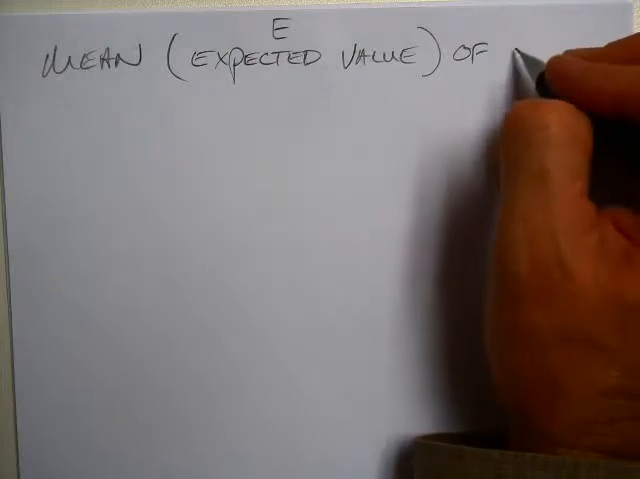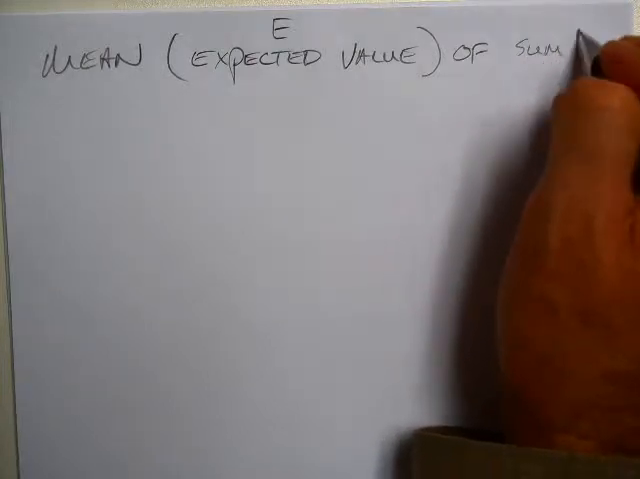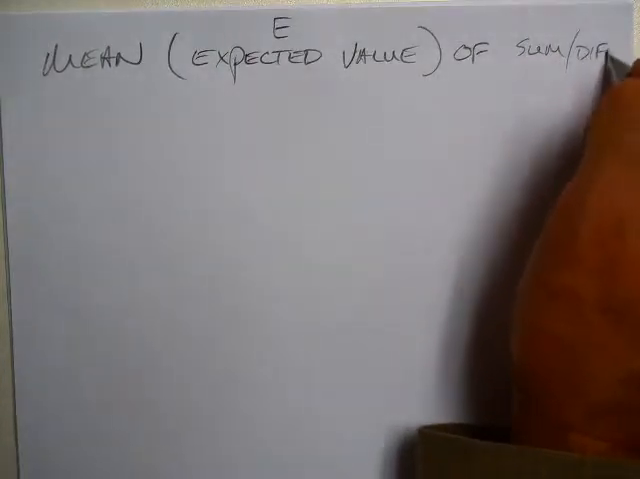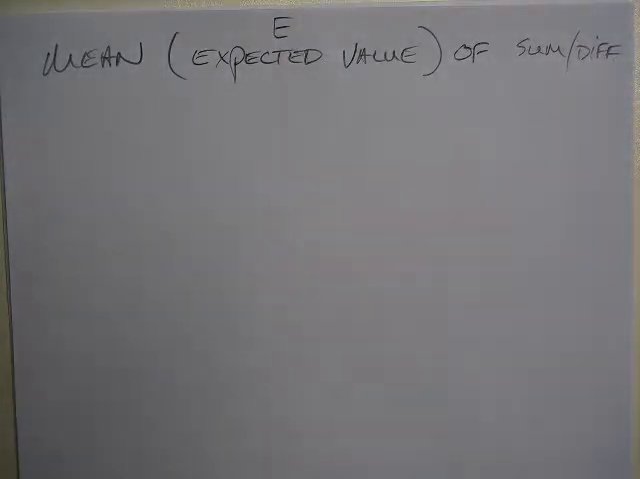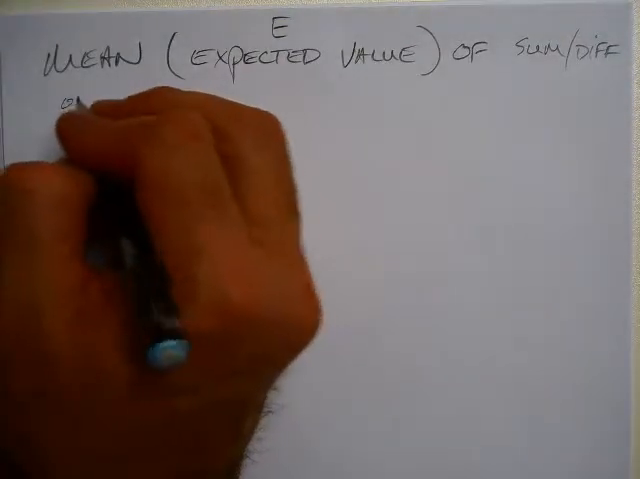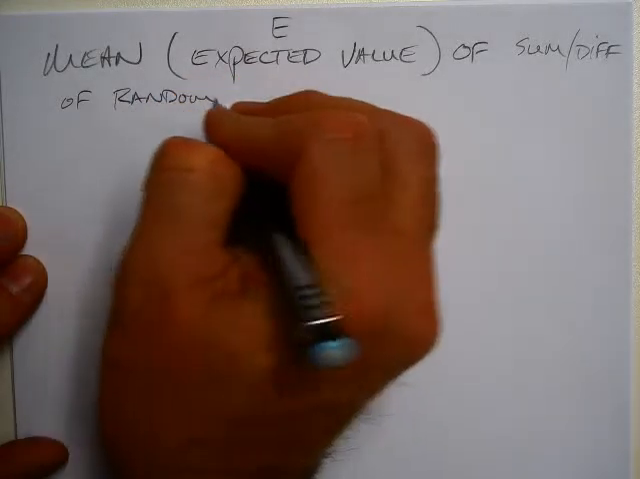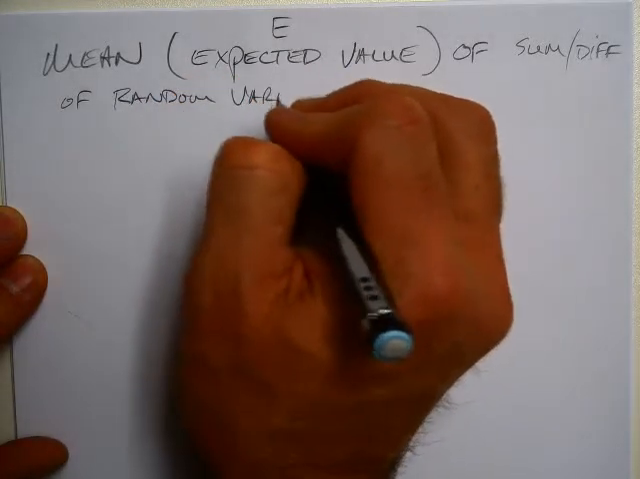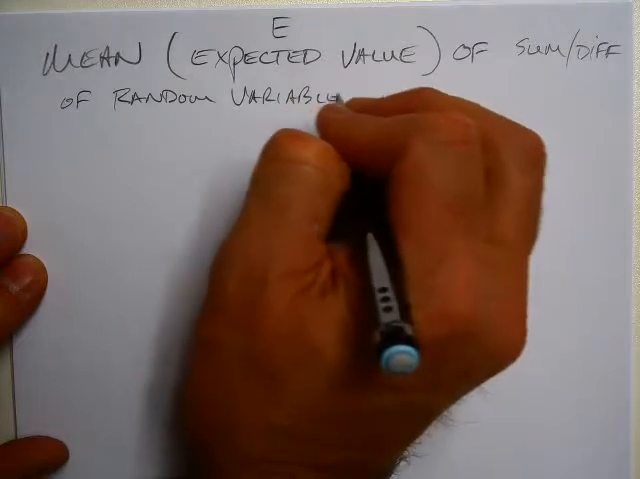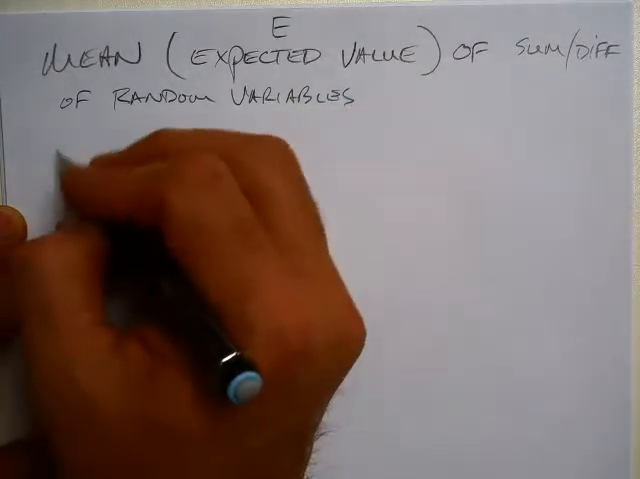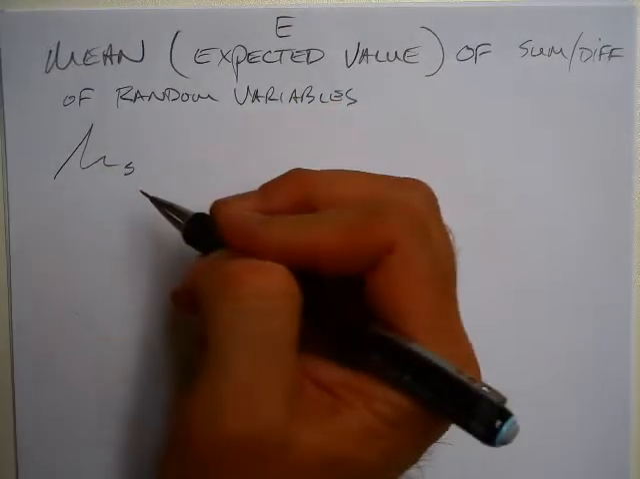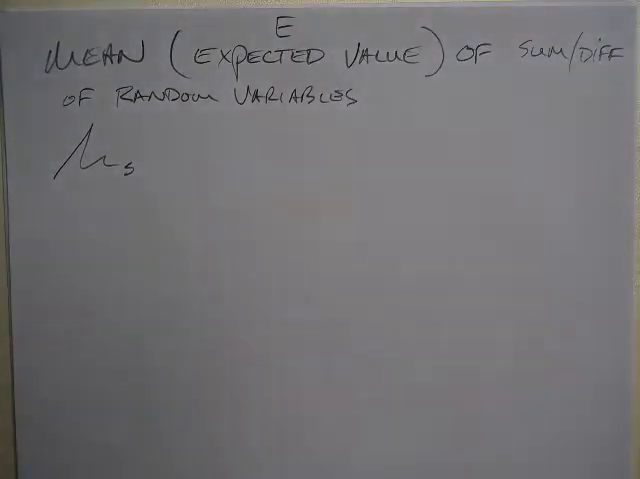The expected value of a sum or difference of random variables, we'll call it mu of s for mu of sum,